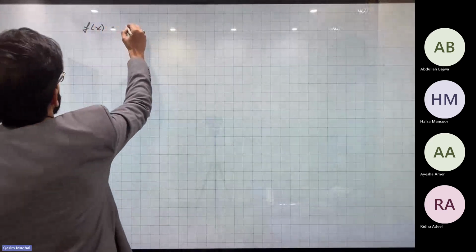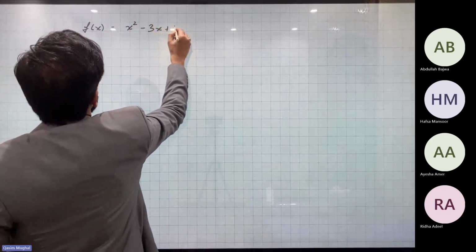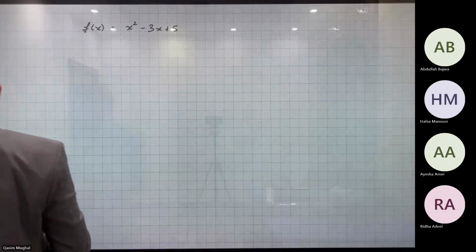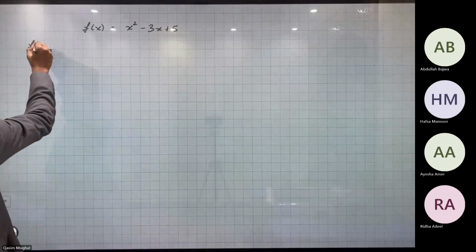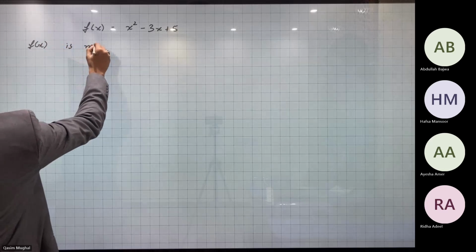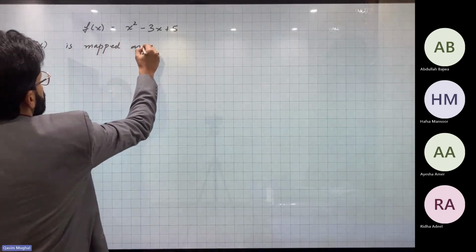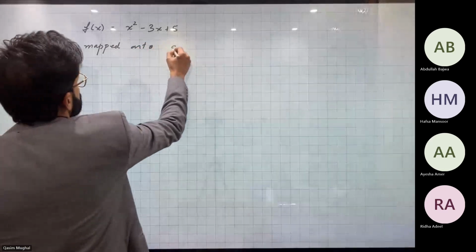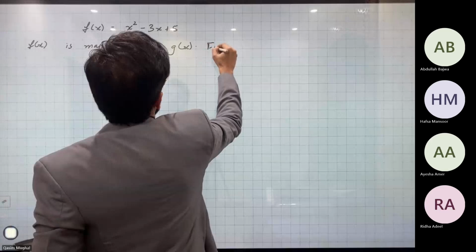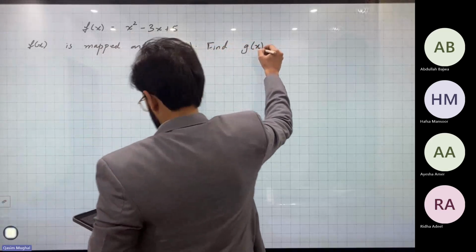f of x equals x squared minus 3x plus 5. f of x is mapped onto g of x. ये लिखते हैं साथ में. Find g of x